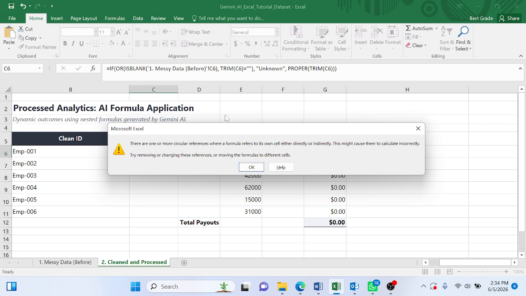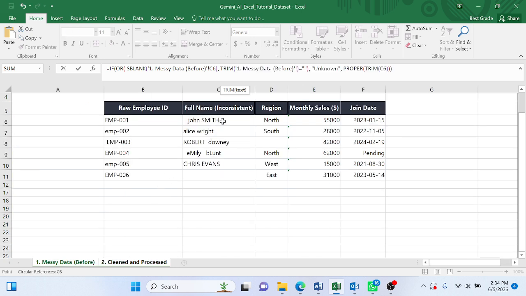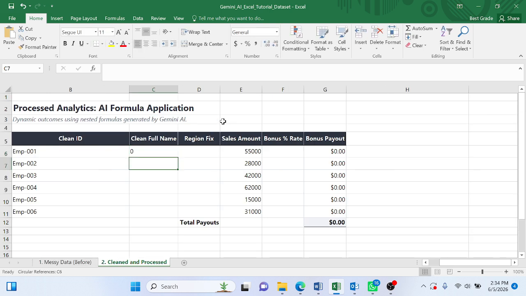So we are having this error because the formula is still referring to the same cell where we have the formula. I click OK, then I go to the formula and make the right reference again, to be C6. I press enter,